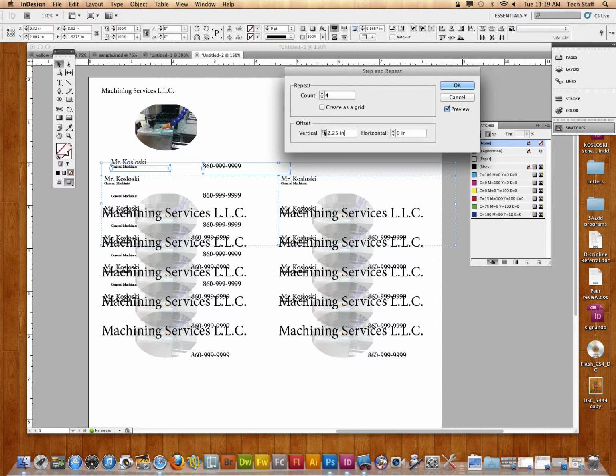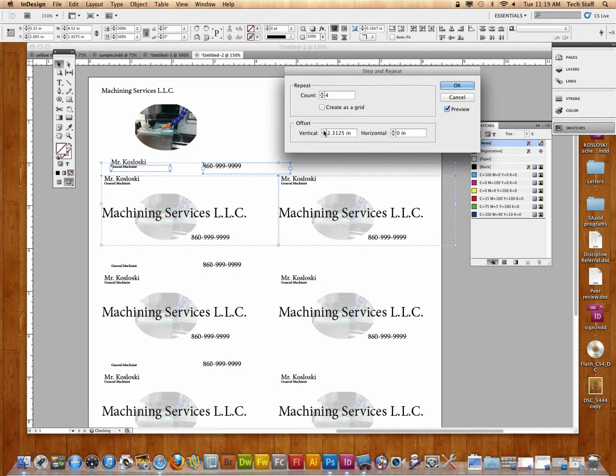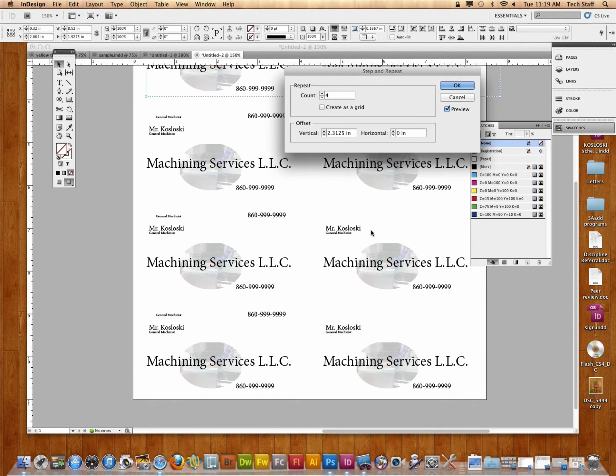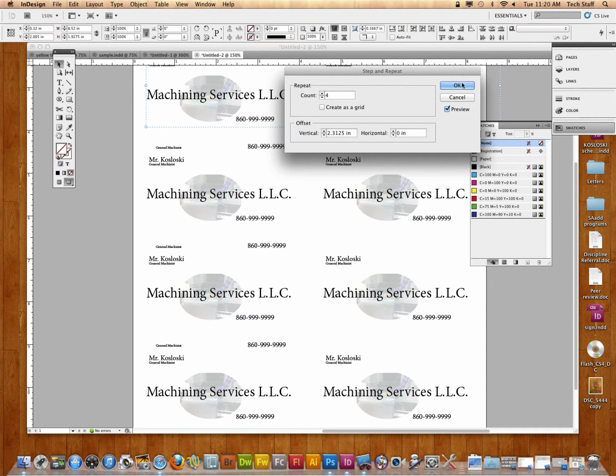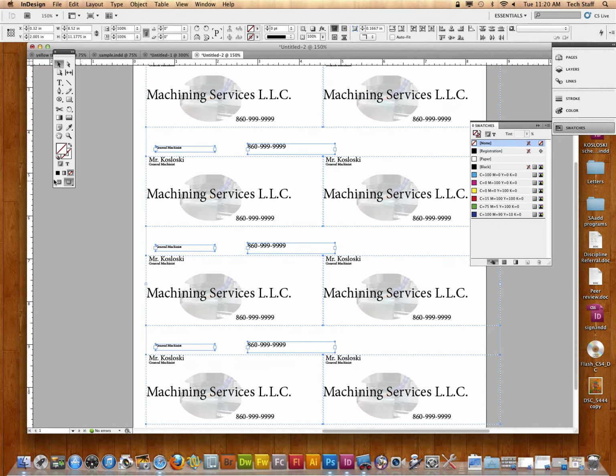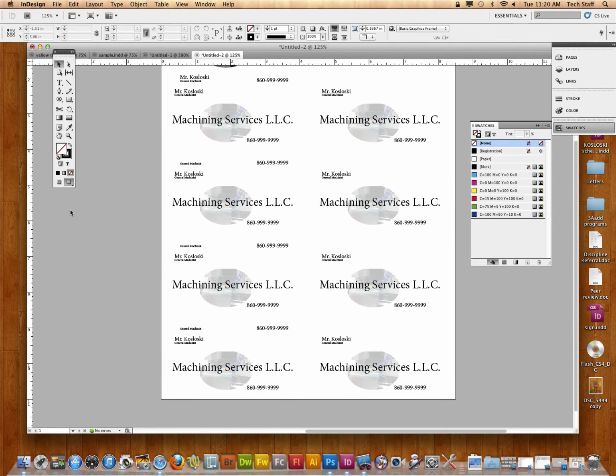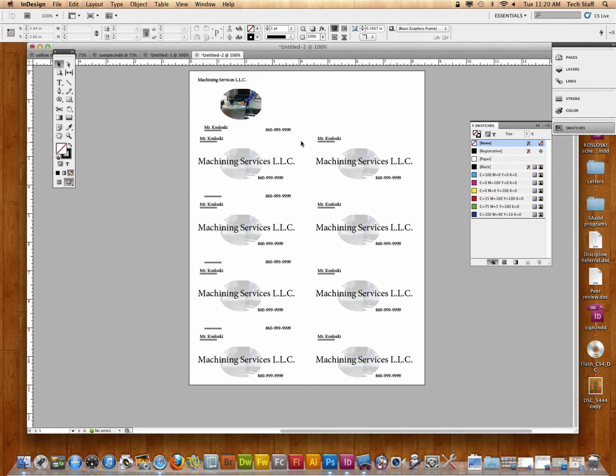So there's 2 1/4. When this snaps out, you should see it went ahead and placed all these appropriately. All right, so what I could now do is when I go to my preview mode, I would print one of these and then slice these up and have my individual business cards. All right, when we think about business cards, they are going to represent us as an individual. All right, so you have to keep in mind that